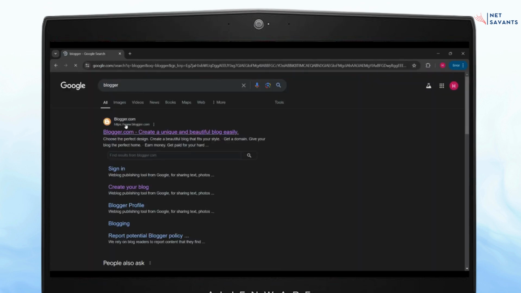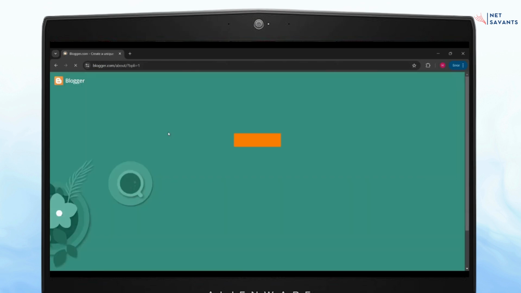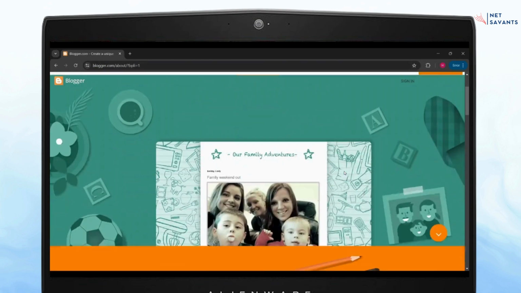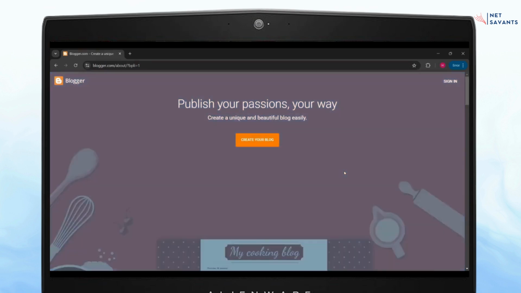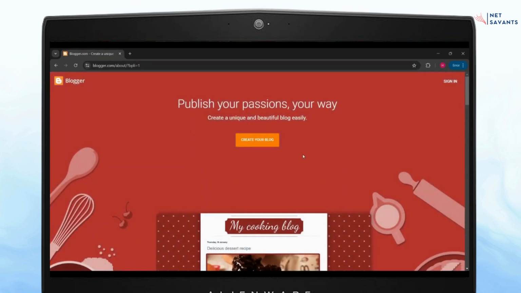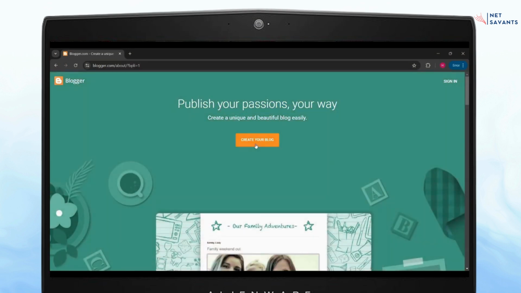If you search for Blogger, the first link that shows up is the official website of blogger.com. You can just click on the link. This will take you to the official website. If you guys didn't know what this is, blogger.com is basically a website where you can start your blogging journey. If you want to write some blogs for your website or your work, this is a great way to start